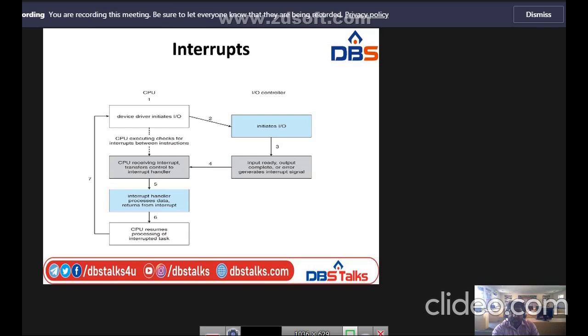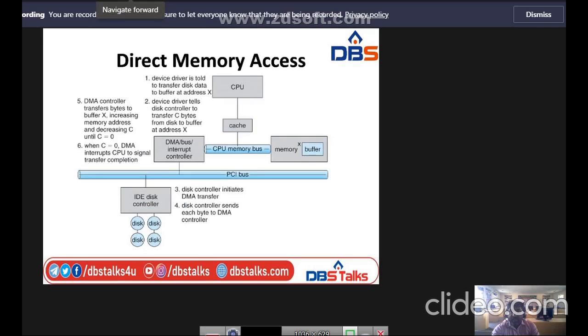Totally 7 steps. Okay, this is the interrupts. Next one is coming to direct memory access. Okay, see here, whereas in direct memory access,